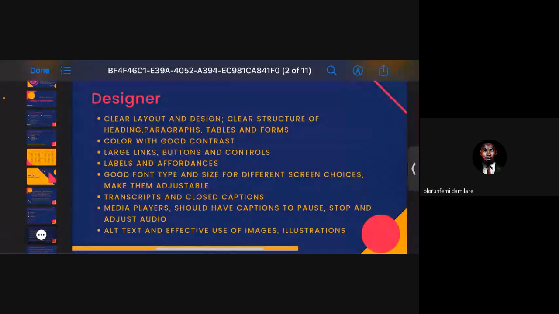So make your font adjustable for them so they can choose which font size and font type is going to be comfortable for them. I'm sure you've used some products that have it, where the person can just adjust it, or things like zoom in and zoom out is another way to give these users choices, right?